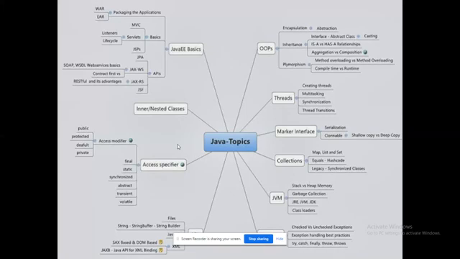Java EE basics. These are all the things covered with cloud computing and service-oriented architecture. So, if you want to be a framework designer, you should be very good in Java EE basics, the content of XML, and the other things. The rest of the things are mandatory for any Java technology.